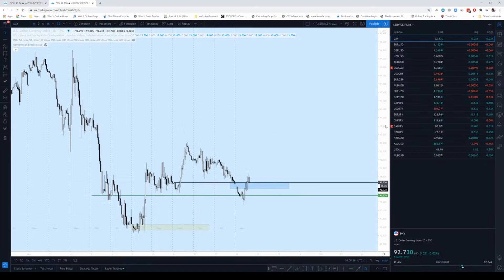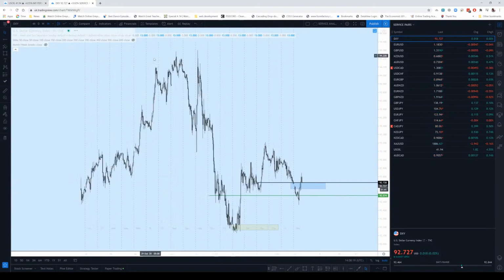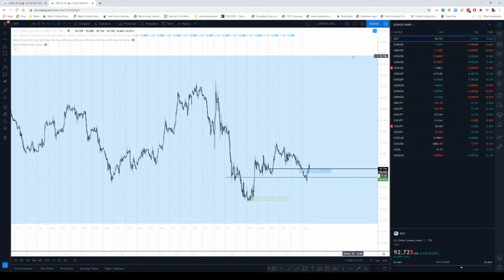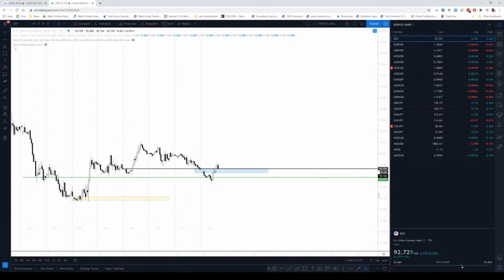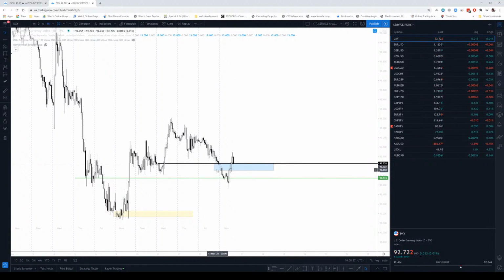So today I want to see how price will react. I personally think that price gapping down and closing above it is a sign of bullishness to me, because usually once we gap down, we come back to refill the gap and then continue going lower. But we gapped down and then came back to it, and managed to close above it. So what I want to see is price finding support at the gap, then rejecting and continuing higher. If we come back down and take out this low here,